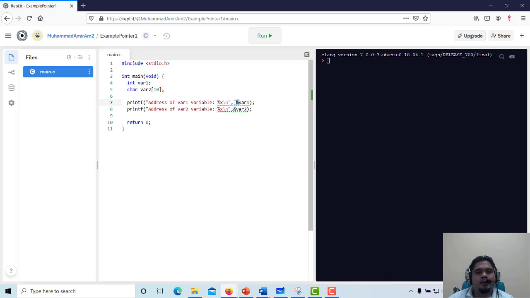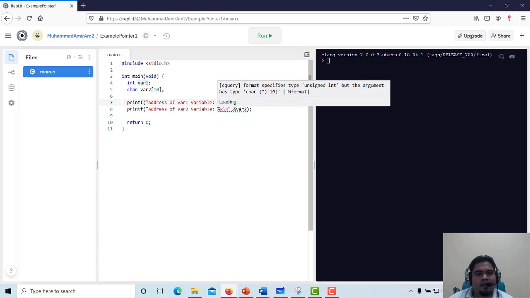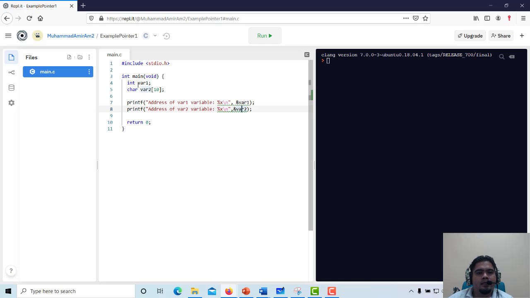The purpose of this AND symbol is as an address operator, where you want to obtain the address of var1, and this one is to obtain the address of var2 inside this program. When you run the program, to obtain the memory location reserved for var1 and var2, you need to use this symbol. So if you run this program,